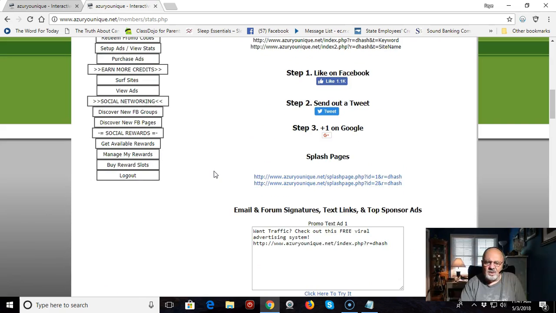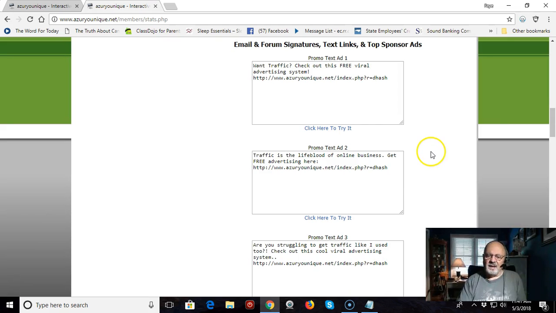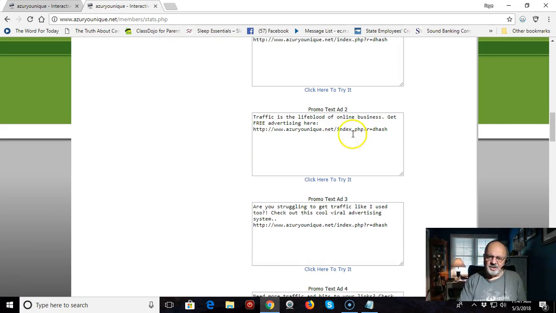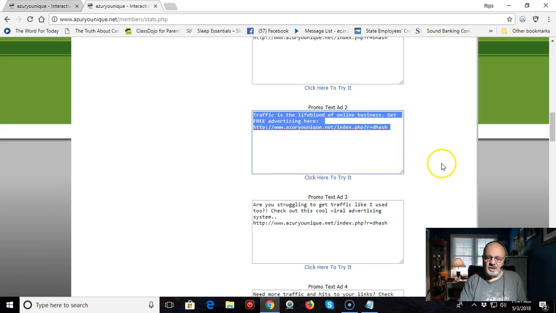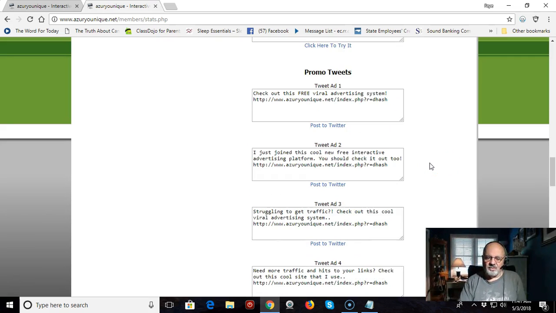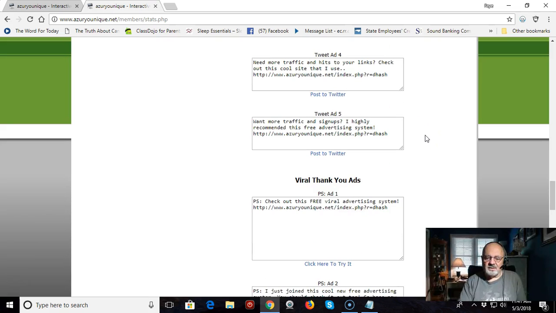Okay, you can add tracking codes to it. This is something else you can do: email and forum signature. These are ways that you could. These are some text ads that you can work. To give you examples, what you would do is copy this and paste it onto a notepad, and then when you went to another site that allows you to put in text ads, that's just giving you an example of a different kind of wording for text ads you can do. Also giving you examples of what you want to tweet, if you have a Twitter account and you want to get the word out through that.